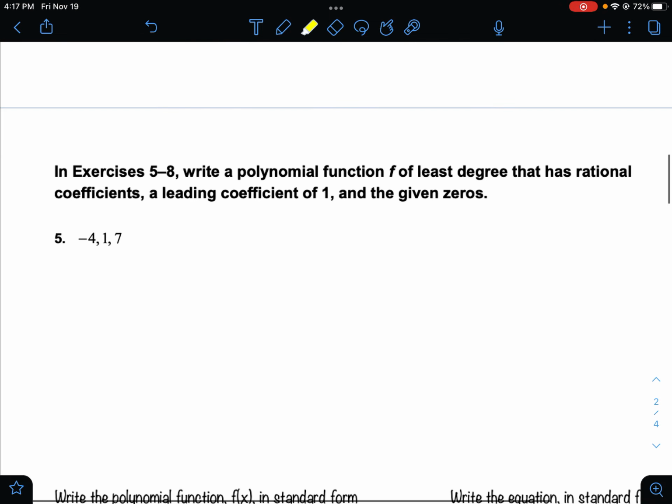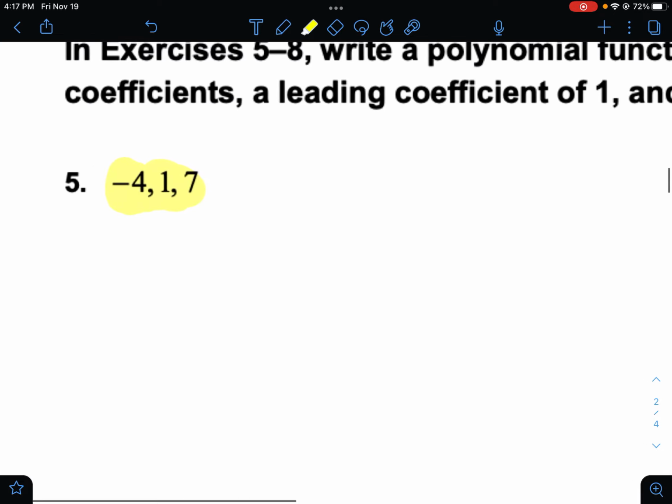The last thing that we're doing in this particular lesson is now going backwards with polynomials. So the last several days, we have been given a polynomial equation and asked to solve it and find the solutions. Well, in this particular part of the lesson, they're going to give us the solutions to the polynomial, but we have to write the polynomial. We don't know the polynomial. We just know the solution. So in other words, we're going to go backwards, go from solutions to problem instead of a problem to solutions. So the way that we do this